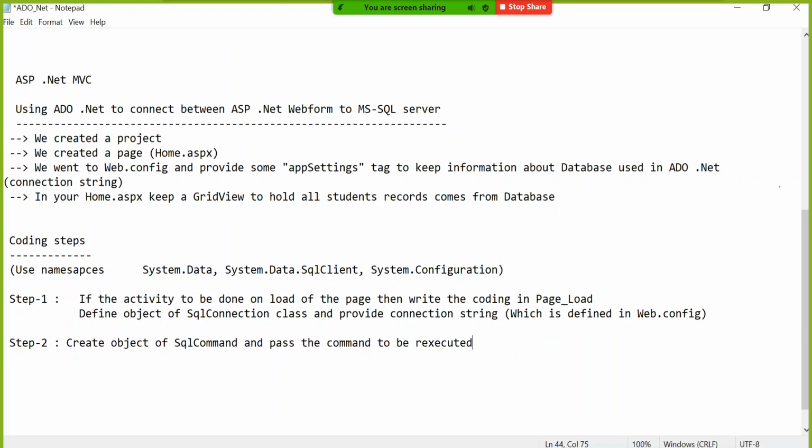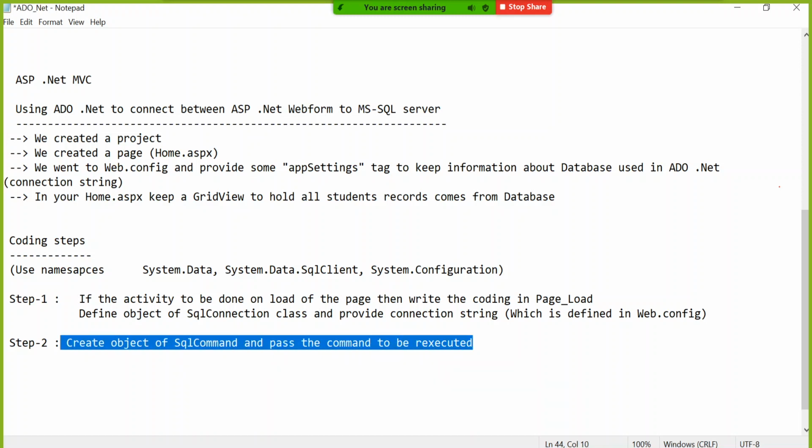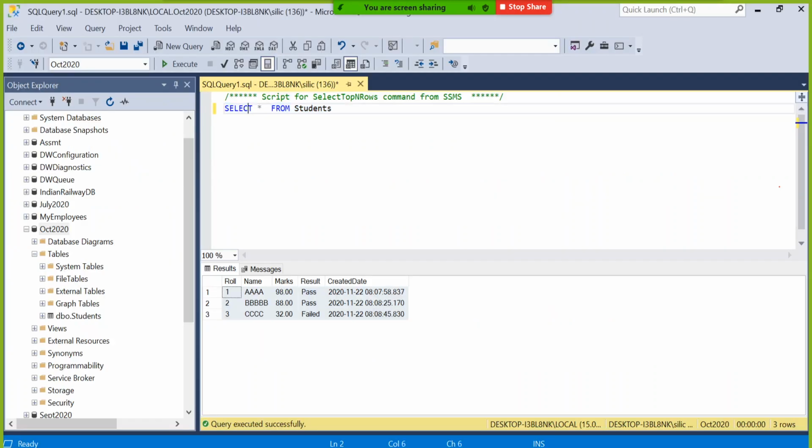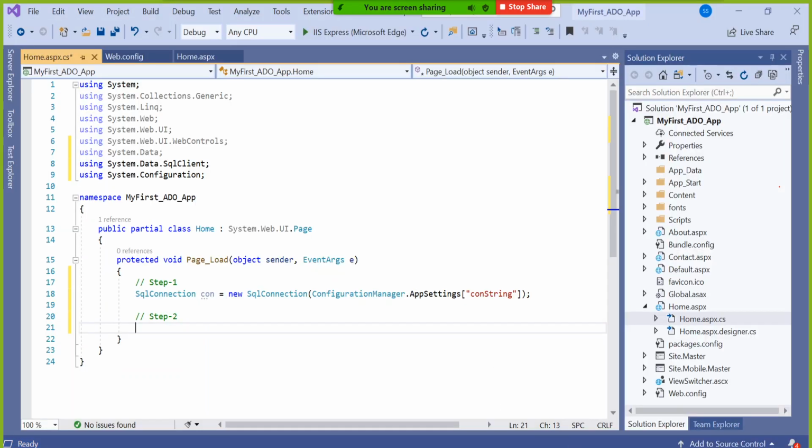Otherwise, in a real-time project, this command will be defined in a stored procedure in the SQL Server database, and that stored procedure we will connect with C#. But today we don't know what a stored procedure is. That's why I'm using select star from students directly in the C# coding itself.